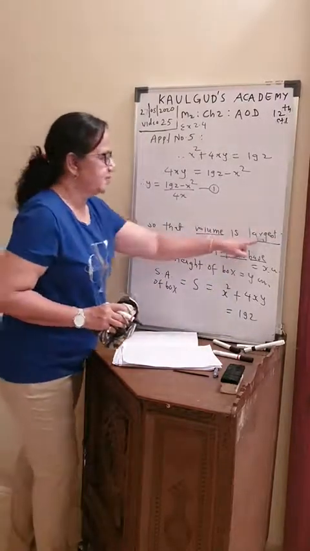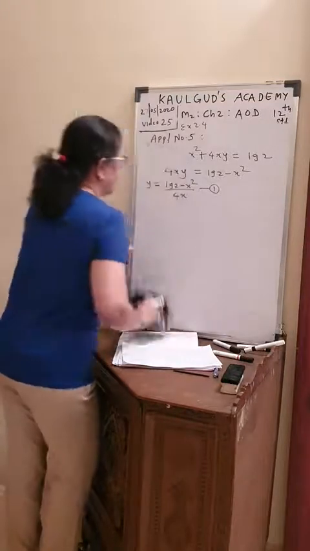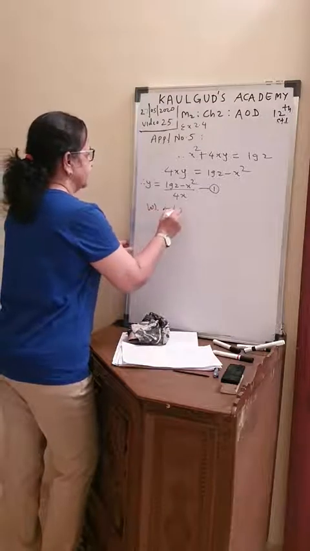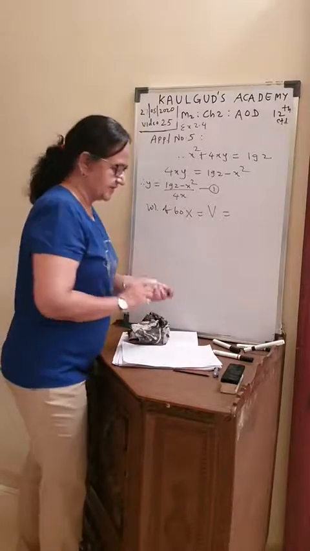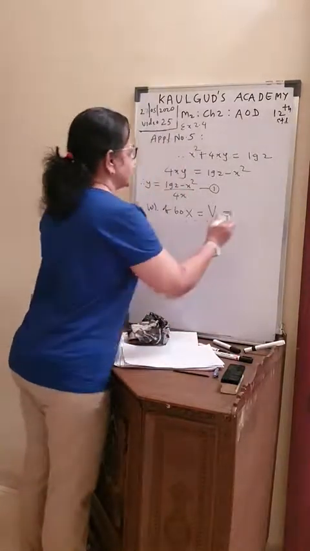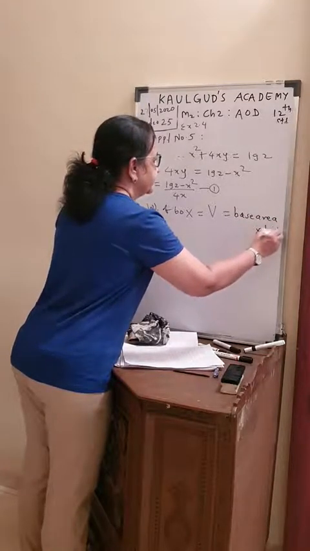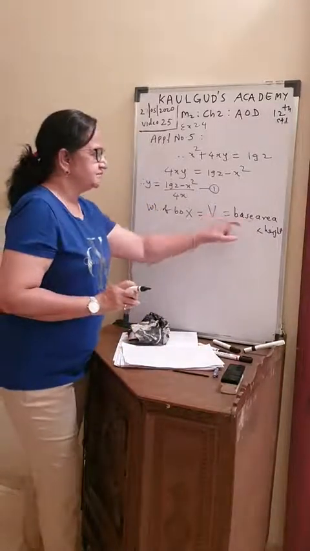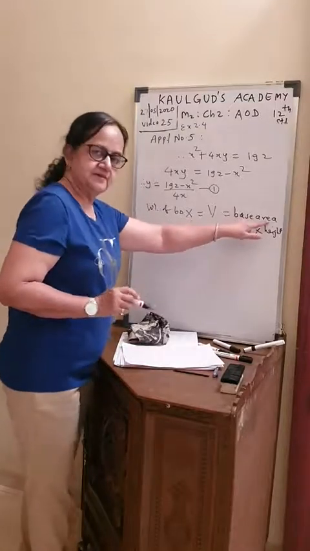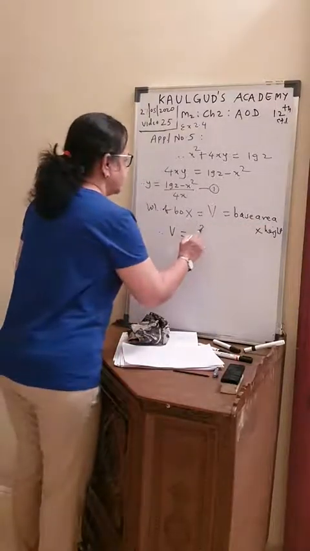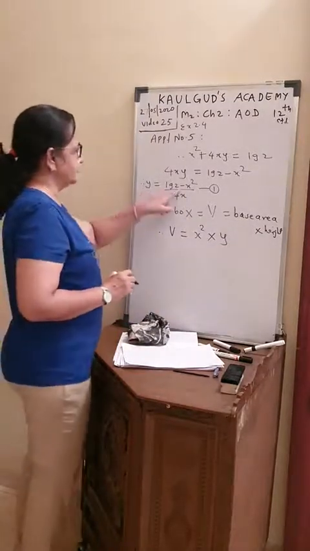Now we want volume to be maximum. I will erase this. So now what is the volume of the box? Let us call it V. Now you know volume, again 10th standard, mensuration, school geometry. So volume of the box is base area into height. Basic formula. How do you get volume? Base area multiplied by height. Therefore V is equal to base area. Base is a square, area is x square, and height of the box was y. So volume is x square into y, and I have y value which I will replace here.